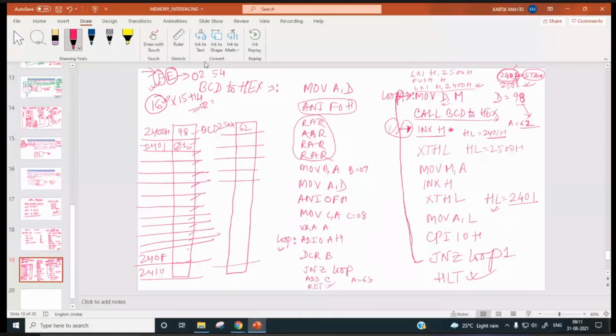Of course, how to add BCD numbers, right? So you have to add 16, 16. So what will be the result? If you add 16 and 16, what will be in the accumulator?